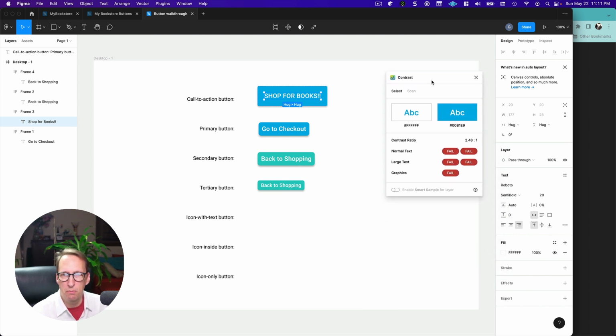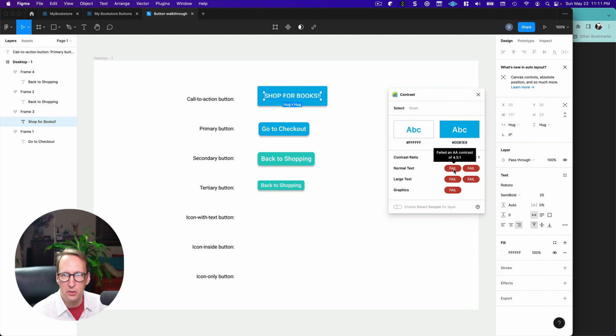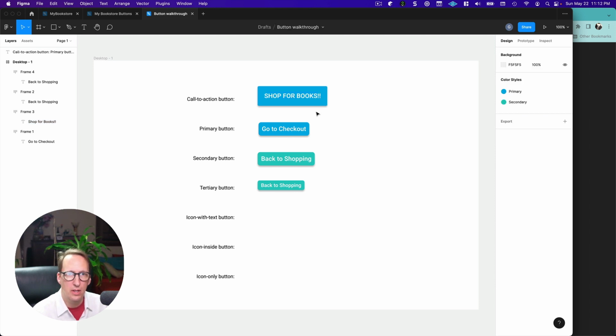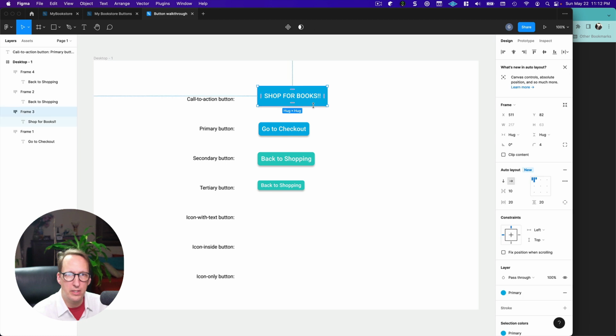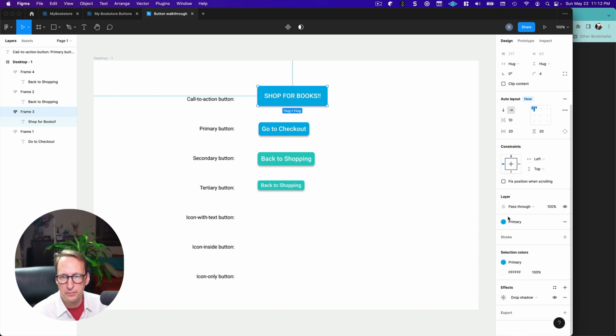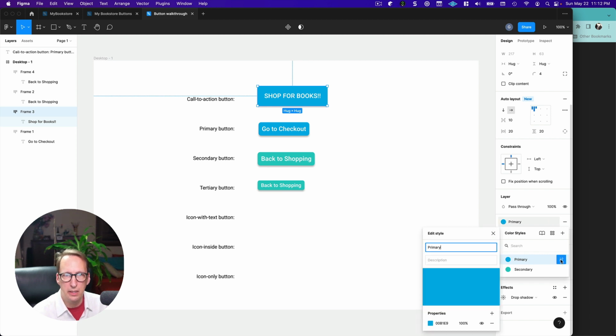By standards that somebody created. This actually fails the contrast even for large text. So yeah, I was concerned about that. So what I'm going to have to do is change the color. And fortunately, these are all linked to the primary color. So I'm just going to go in and change this primary color, by hitting this,